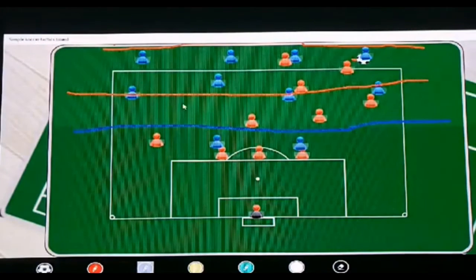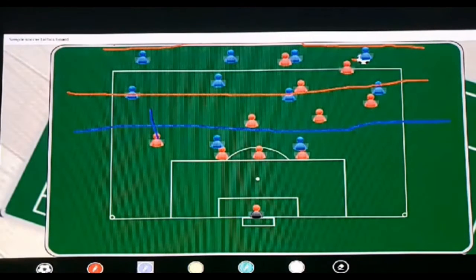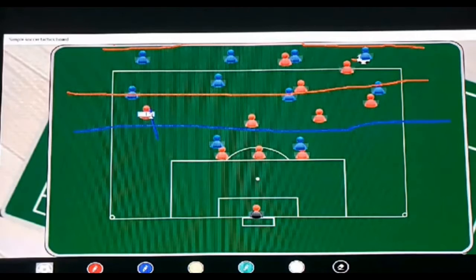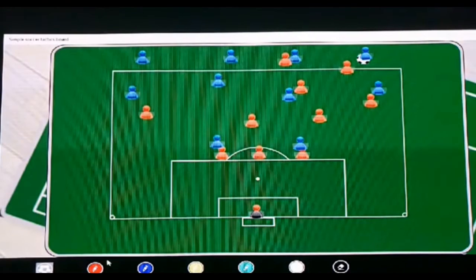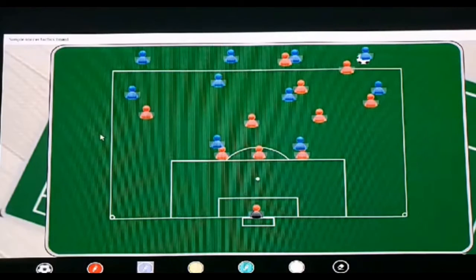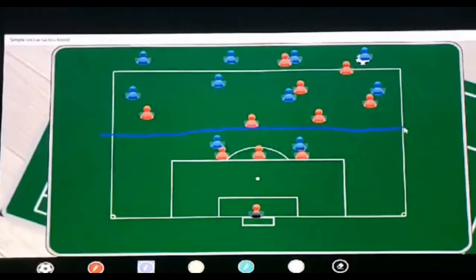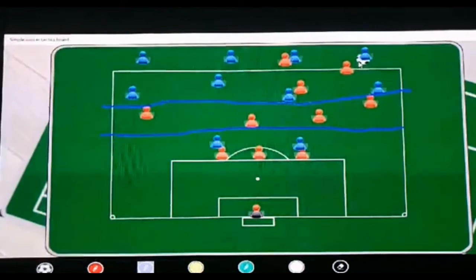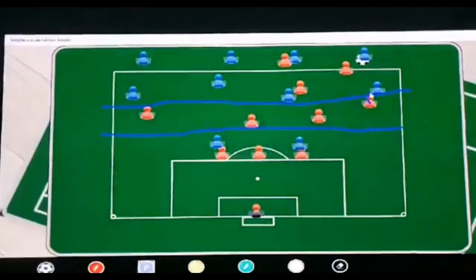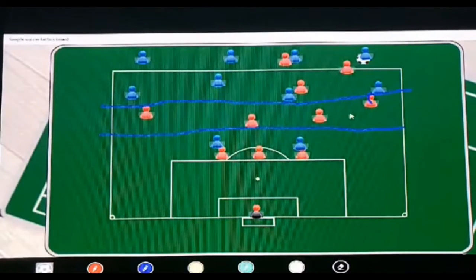Okay, so the blue line is between the four midfielders. Let's clear that one. Let's go back again. The center mids and the outside mids. So ball is here. This guy comes here, right? This guy comes here,